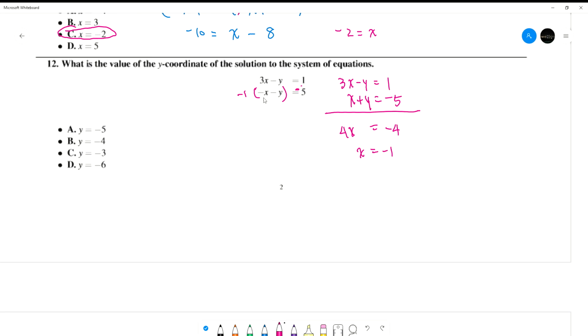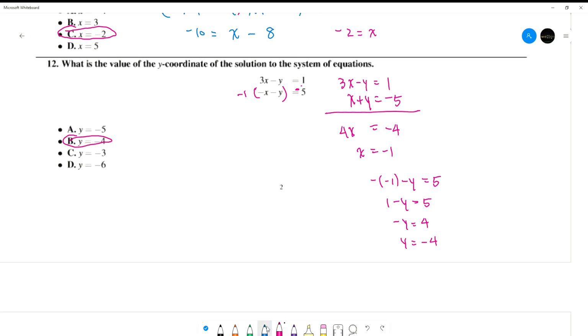So now I can substitute x back into one of the equations and solve, right? So let's say I did it into the first equation. So I get -1 minus y is equal to 5. Add 1, I get -y is equal to 6... so y is equal to -6